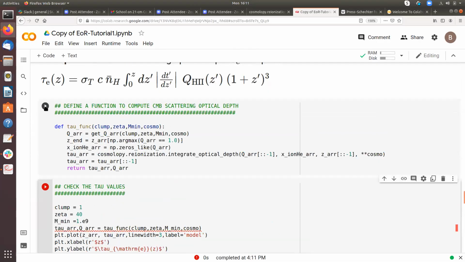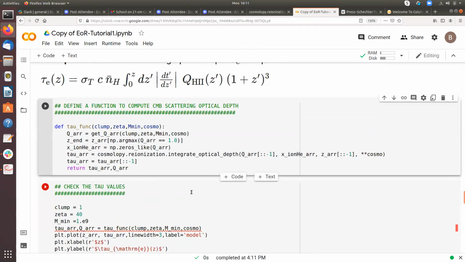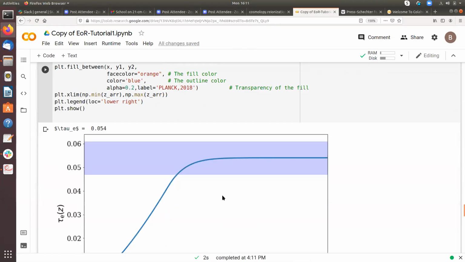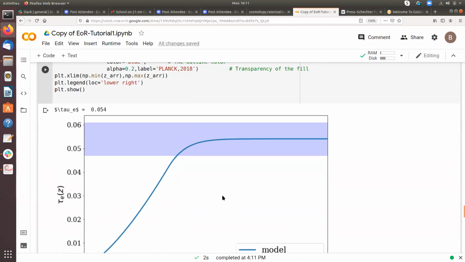Again, I need to define the function. So the integrated value of the CMB scattering optical depth comes out to be 0.054, and it is in reasonably good agreement with the observational constraint.